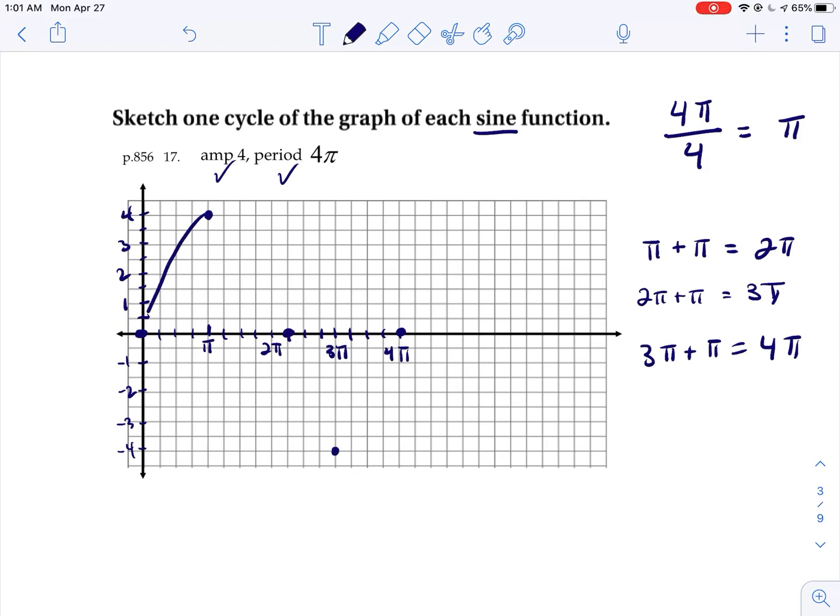And now I have the 5 key points that I need to make a nice graph. So I connect my 0 to my maximum to the next 0, and so on. As long as it looks like a curve, you have graphed it appropriately. So now if we look at this,